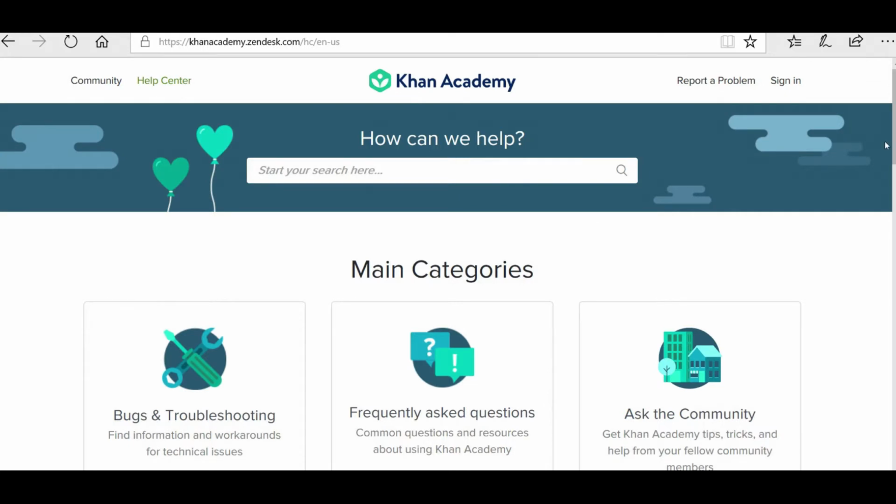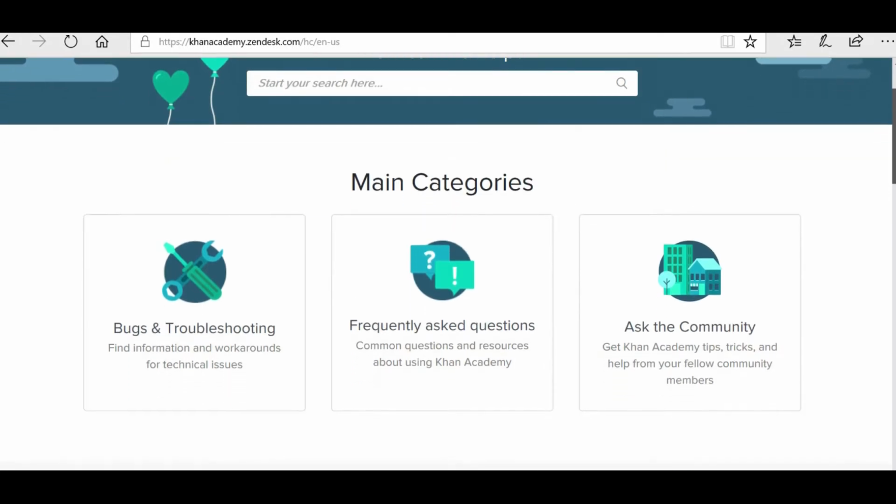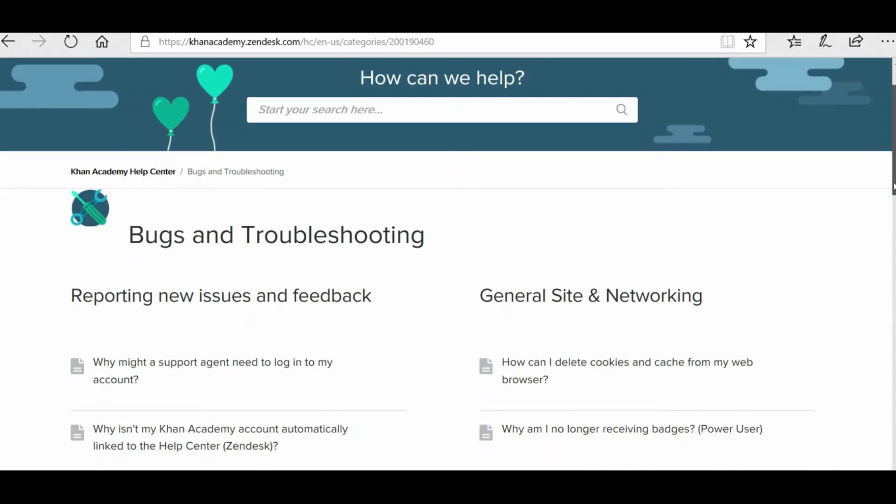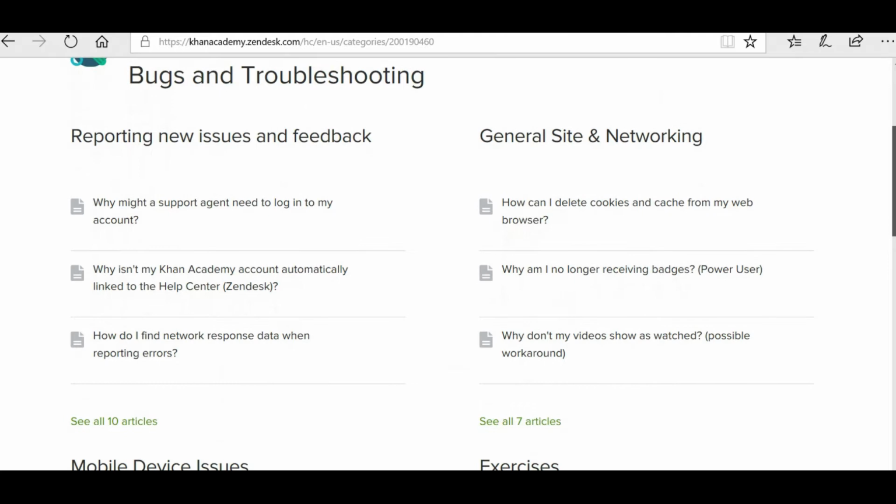So this covers, again, the sustainability and the usability. It has bugs and troubleshooting, frequently asked questions, ask the community. So get Khan Academy tips, tricks, and help from fellow community members. So technical issues, bugs, and troubleshooting. So just in case you wanted to know what type of users, what you need to know, how to use the website,